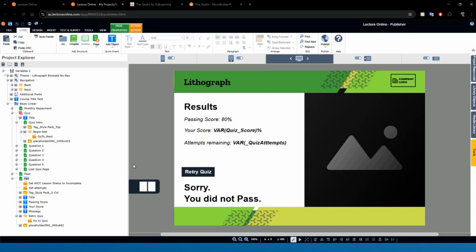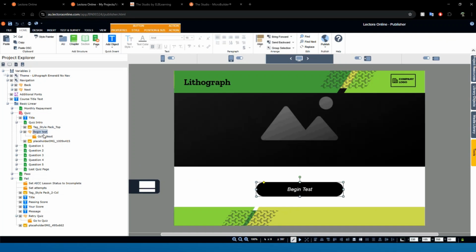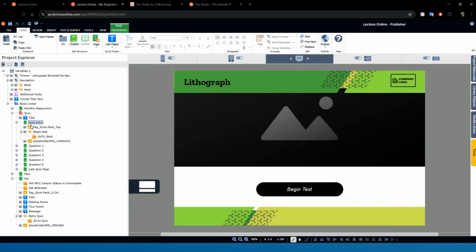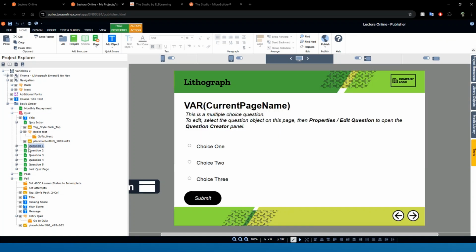tracking exactly where that happens. I've had often cases where you do it from the intro and it tracks it there, and then for example, maybe the user clicks back from here. So suddenly they're back here again, they click it again, they've done 2 attempts suddenly without having to actually do it. Obviously you can have it set up in your quiz so that they can't go back, and you can